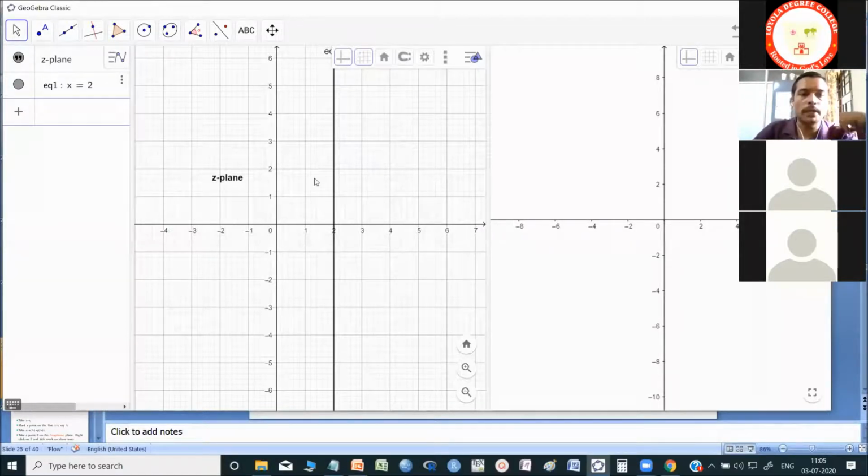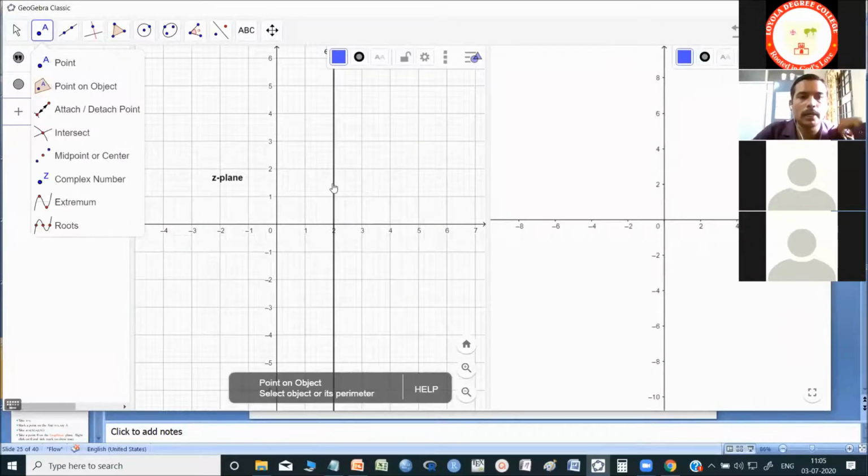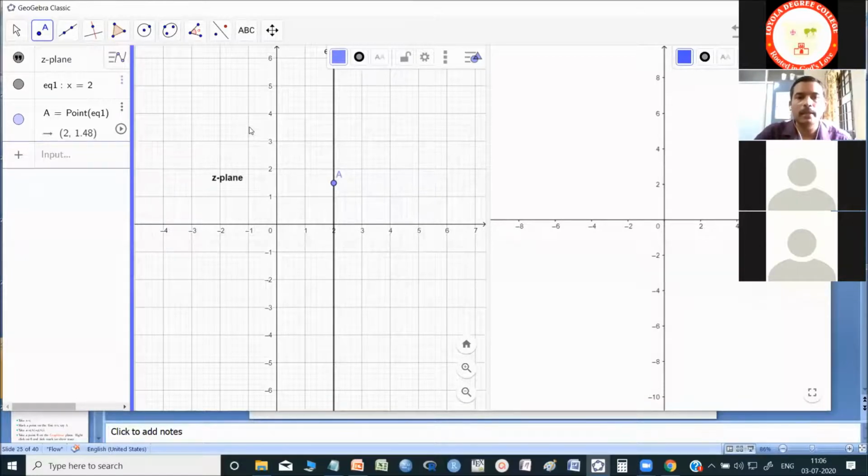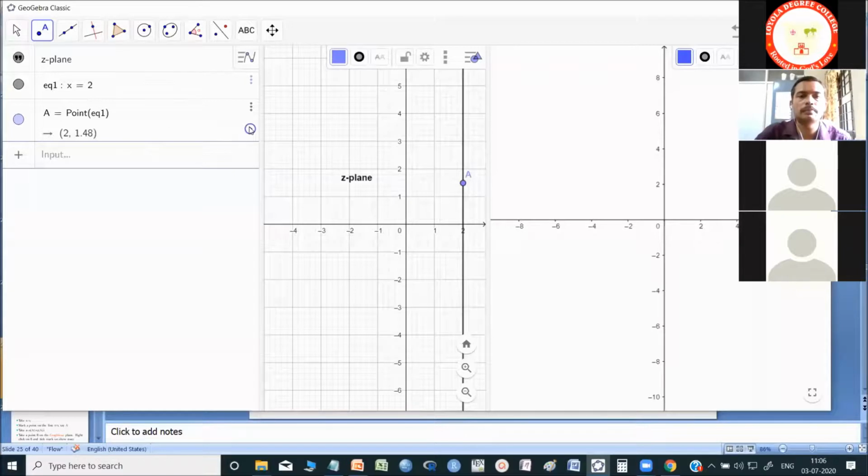Okay, fine. Now on the W plane, I have to show that it corresponds to a parabola under the conformal mapping. Before that, I should take a point on this line already drawn. I'll take a point, say A, and then make the coordinate of this A a complex number. When you click on the point A, we can see there is a play button. If I play, it moves exactly on the line, so that means the point you have chosen is exactly on the line.